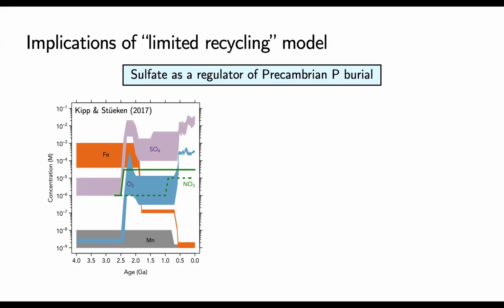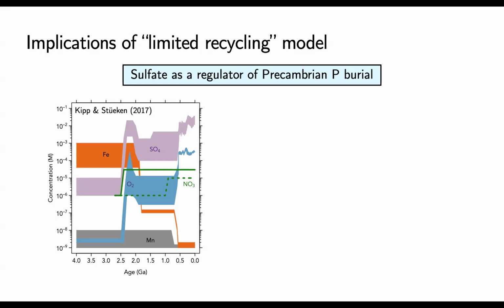But as we go back through time, our constraints suggest orders of magnitude lower concentrations, both in sulfate and oxygen, and especially in the Archean, where we think there is vanishingly low dissolved oxygen, except in very localized oxygen oases. We would rely heavily on sulfate for oxidizing power to drive organic matter remineralization.